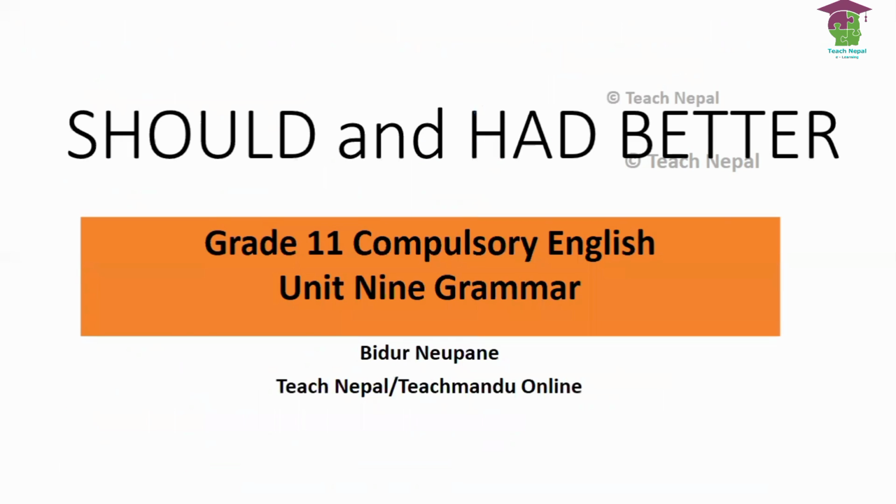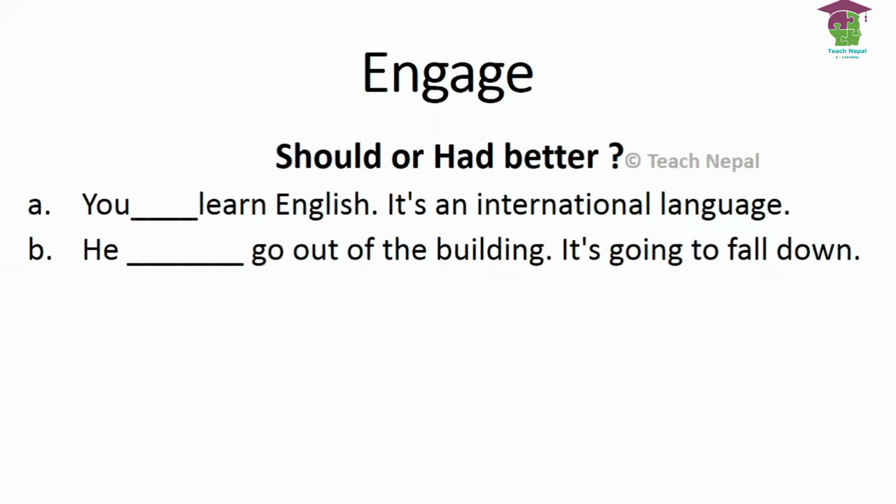So now let's go to unit 9, should and had better. Should is a modal verb and had better लाई चाहिँ semi modal verb पनि भनिन्छ अथवा modal auxiliary पनि भनिन्छ. So should and had better are both used for giving advice or suggestions,